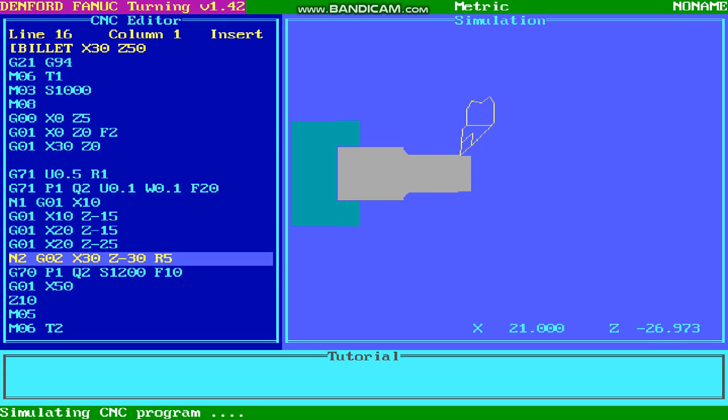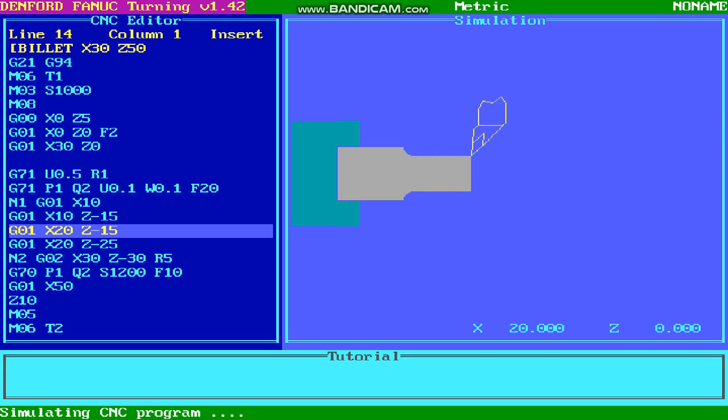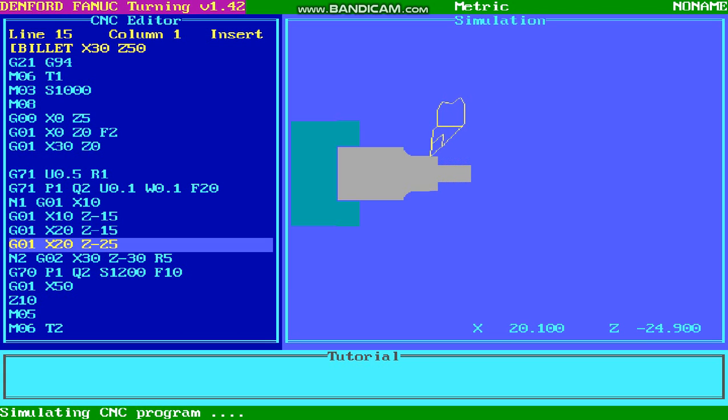In this turning program you can give any depth of cut. Instead of 0.5 we can give 1 mm, and you can take a larger retract value depending on the cycle type. Also the finishing allowance you can give as 0.1, 0.2, 0.3, 0.4 or 0.5 depending on the machine capability. Now you are able to see that the roughing operation is still in progress.